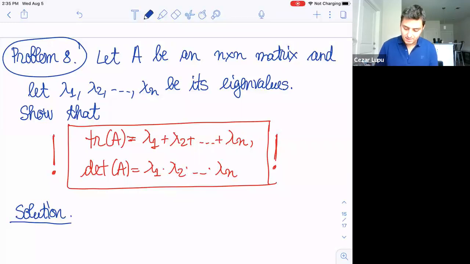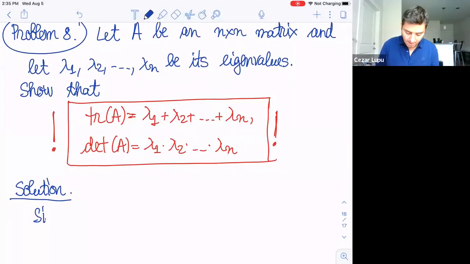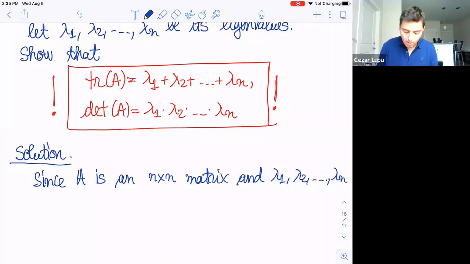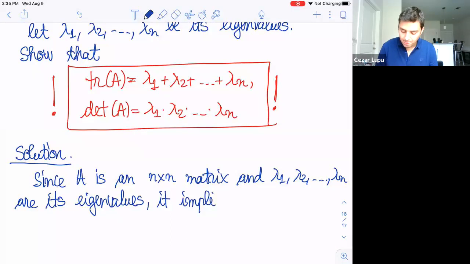In other words, since A is an n by n matrix, and lambda 1, lambda 2, lambda n are its eigenvalues, it implies that A is diagonalizable,